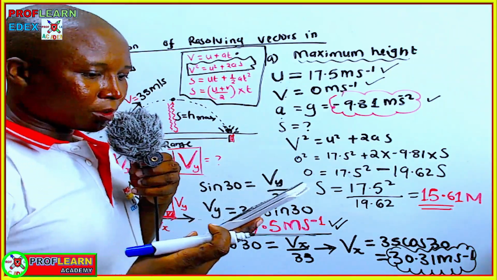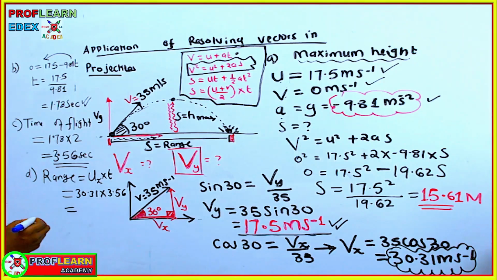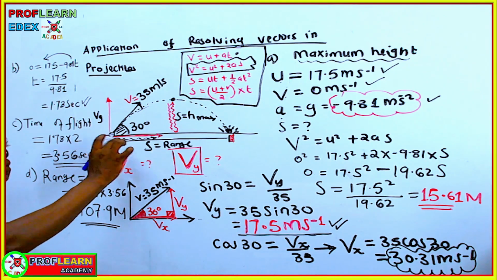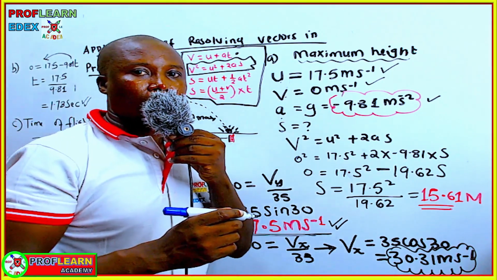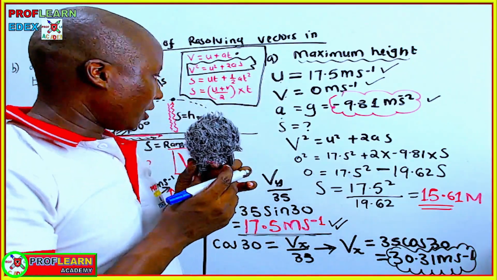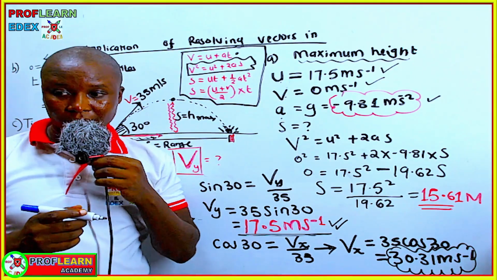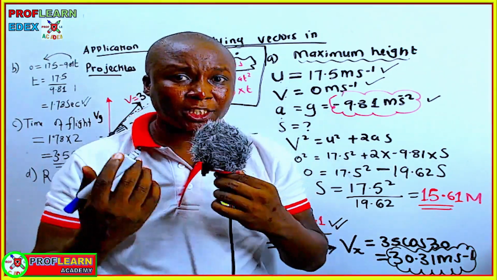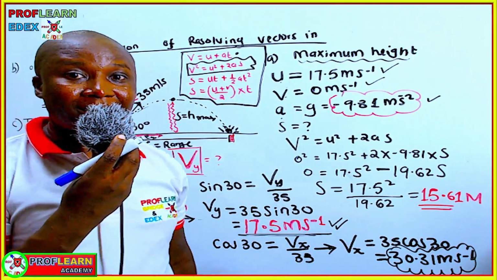Working out, that becomes 107.9 meters. So this distance from where the object was projected to where it landed is actually 107.9 meters. So those are some of the mathematical concepts that you really need when it comes to A-level